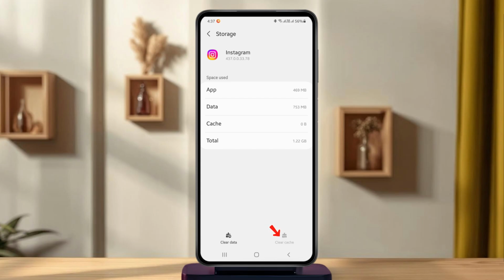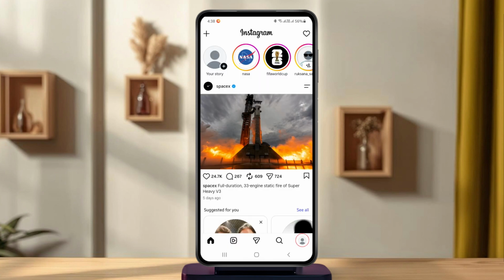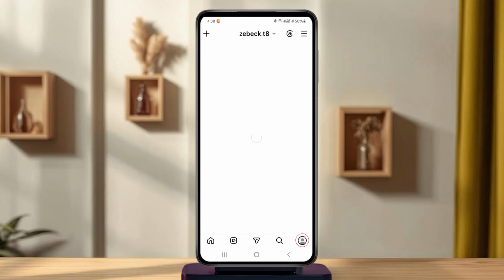Also, avoid using any third-party apps or automation tools that promise more followers, likes, or comments, as these can trigger Instagram's security system. Finally, if the restriction still hasn't been removed after a few days, open Instagram, go to